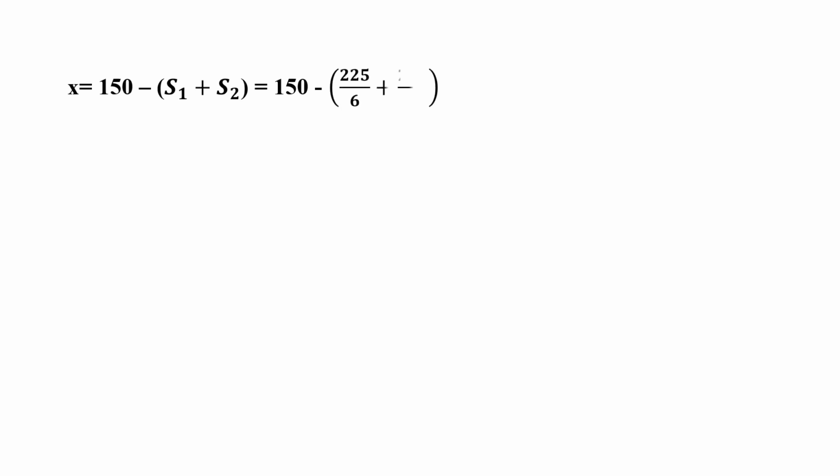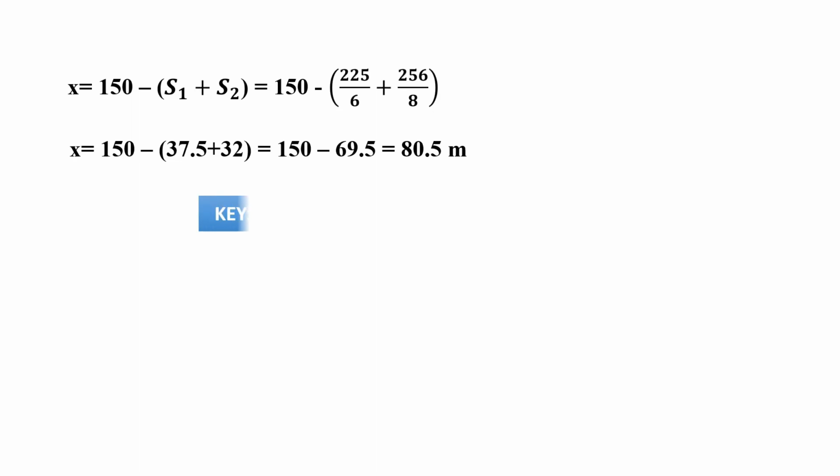X is equal to 150 minus S1 plus S2. Substituting 225 by 6 plus 256 by 8, this becomes 37.5 plus 32. So 150 minus 69.5 is equal to 80.5 meters. So the fourth option is correct. Okay. Next,